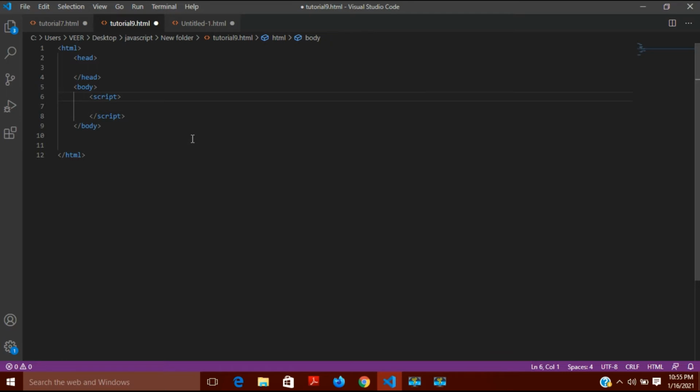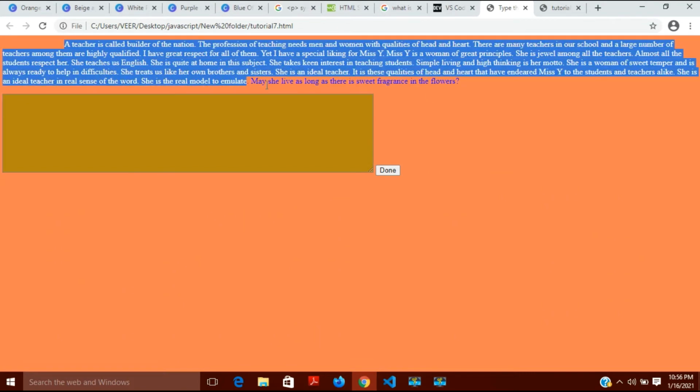But first of all I want to write this paragraph. You can see here, this is the paragraph which I will have to create, but in the beginning only a single line is written, and when I click on start, then the paragraph will be visible. So, click start to see the paragraph. Here I have written this thing, so I will have to write this in HTML, and after this I will have to create this text area also, in which I will write all these things, and after that I will have to create a start button also.